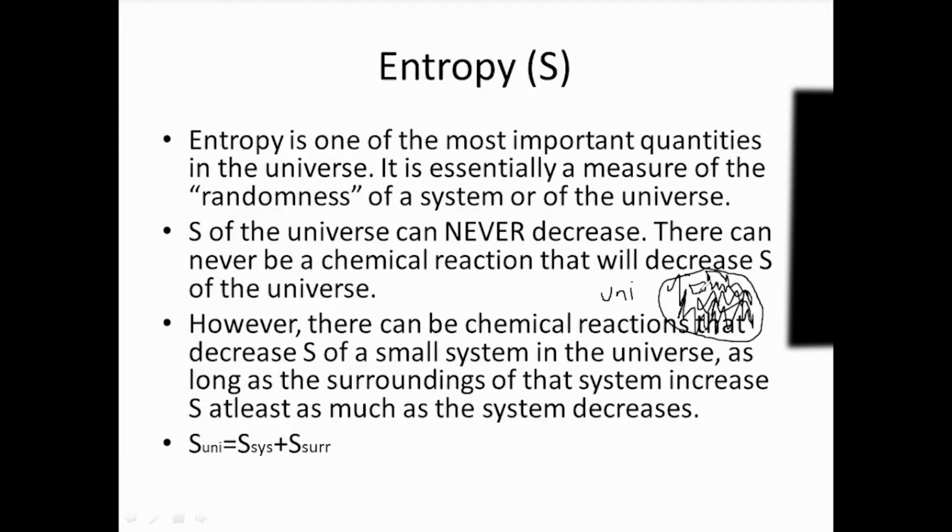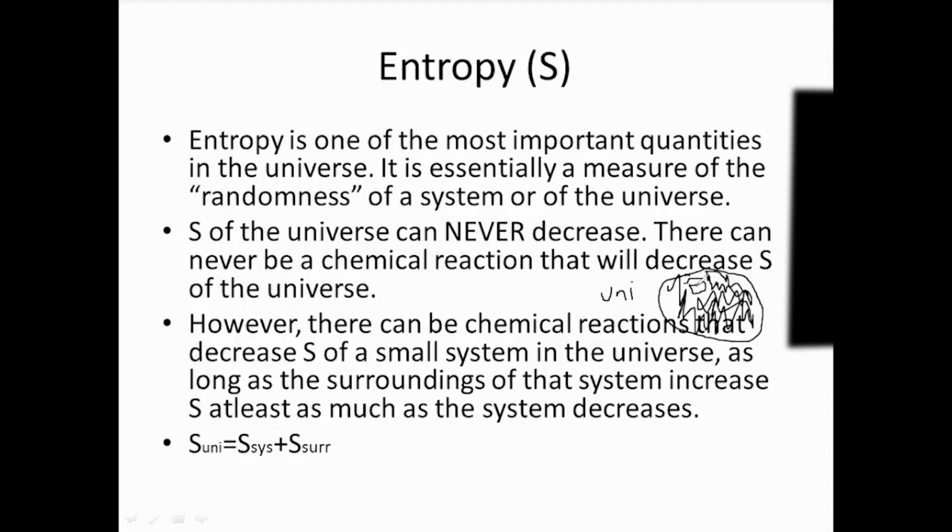As mentioned, the entropy of the universe as a whole, of this circle, cannot decrease, but it can decrease for this small square in the middle. If the entropy of this small square decreases, it would, unless otherwise changed, decrease the entropy of the whole circle as a whole. In order to combat that, we have to increase the entropy of this shaded region outside of the square by at least an equal amount to counteract that and make sure the entropy of the universe doesn't decrease, right?